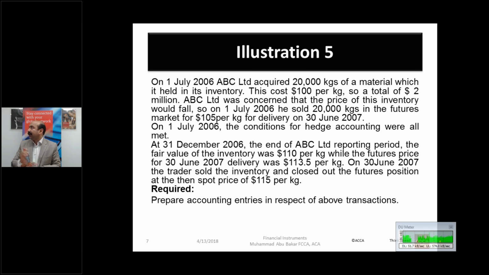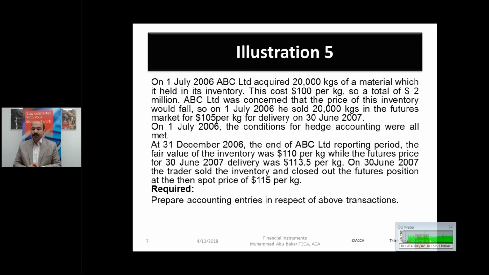So I'm giving you a hint that one more pop-up question will come up after like 20-25 minutes on the reclassification. Okay, now come back to our topic. I hope by this time you managed to download the material, and illustration number 5 is in front of you. Okay, illustration number 5 is